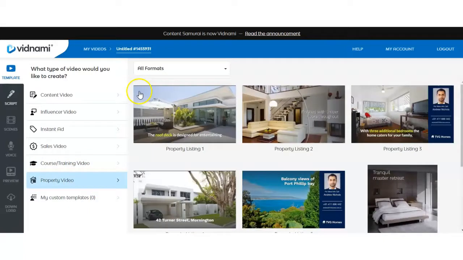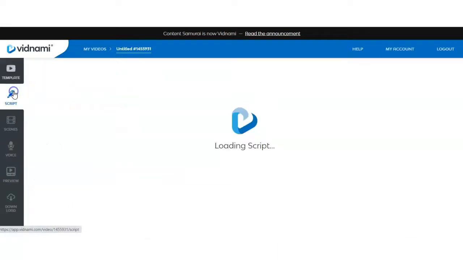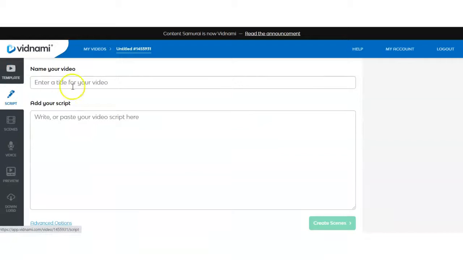And with the property videos, you also have a choice of the formats you want to use, landscape or square. So the next thing that you would do is you would go ahead and create a script. But before you do any of this, it would probably be wise that you go and check out the help